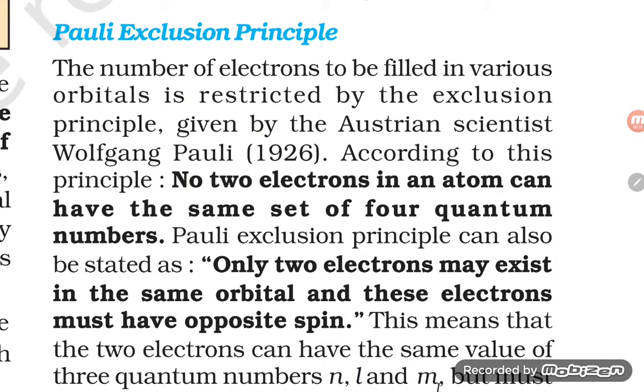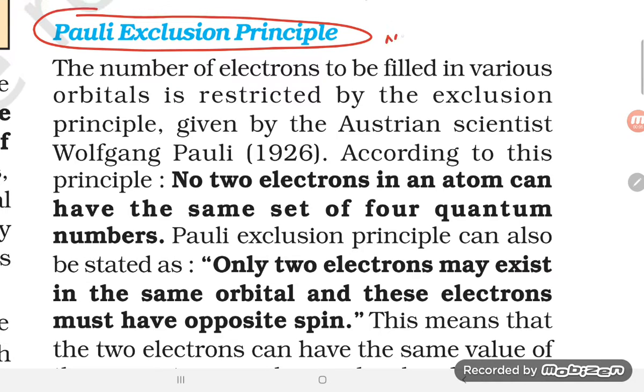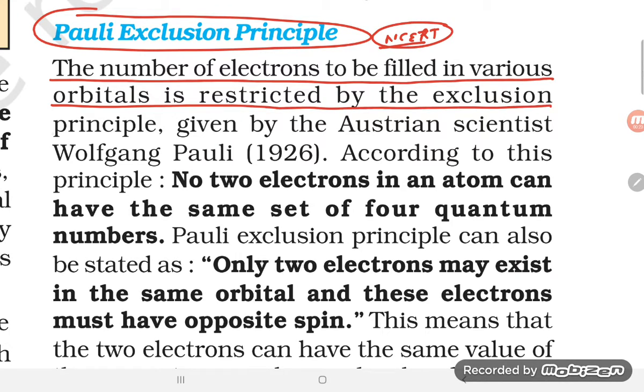Hi, good morning, students. Let's try to understand the Pauli exclusion principle that we are again taking from the NCERT, dear friend. They are saying that the number of electrons to be filled in various orbitals is restricted by the exclusion principle. Means filling of electrons in various orbitals is restricted by the exclusion principle given by the Austrian scientist Wolfgang Pauli